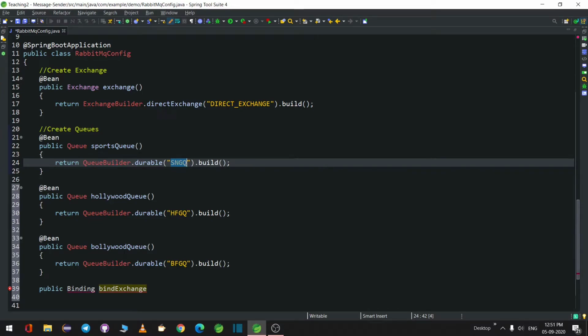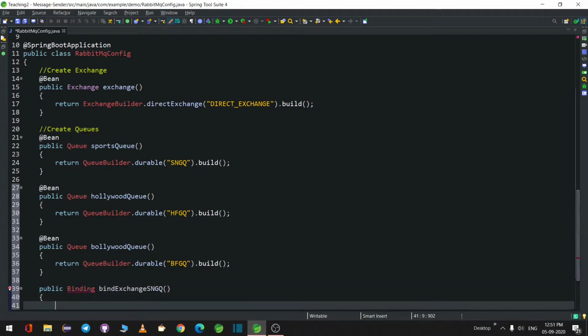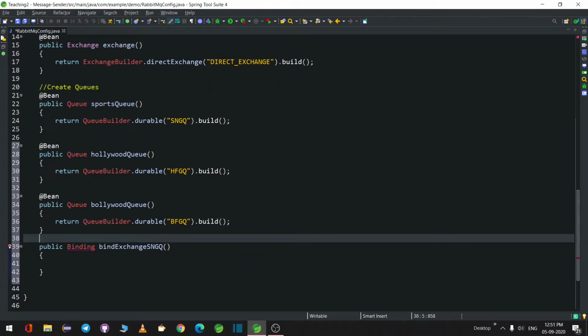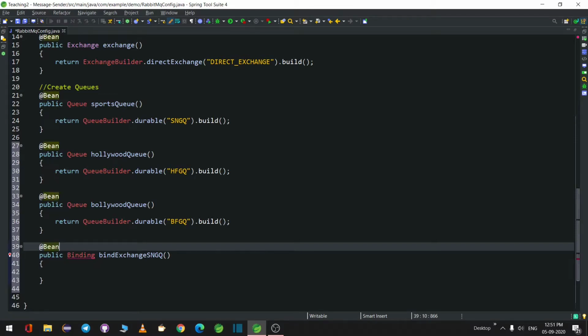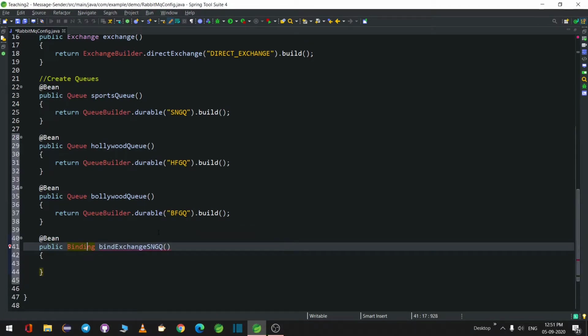For each queue you have to create separate bindings. Okay, SNG queue, you can give any name for this method. So I'll just annotate with @Bean, and Binding I have to import it from Spring framework.